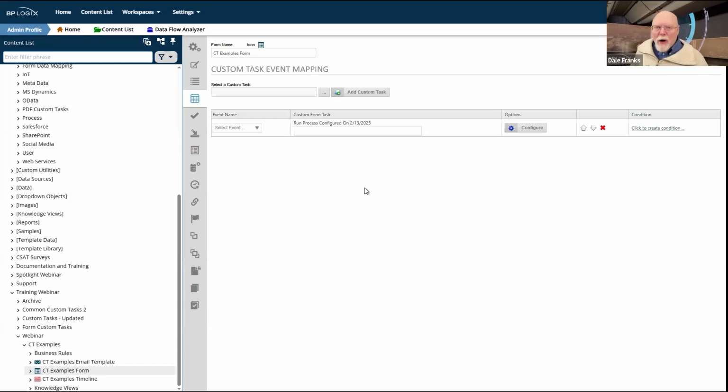So if I want to run something asynchronously, that might be a candidate for running from the form. If it modifies a form behavior or form dependency, then obviously I'm probably going to want to run that from a form.